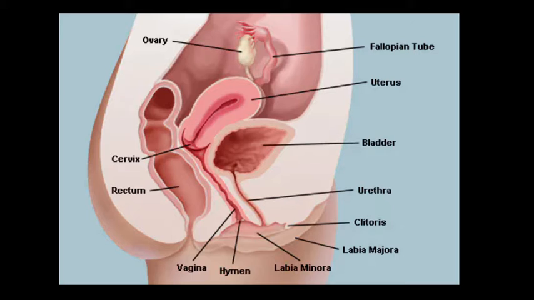Secondary sex organs include two parts, accessory ducts and accessory glands. In accessory ducts we discuss the pair of oviducts, also called fallopian tubes, uterus, cervix, and vagina. In accessory glands we talk about the mammary glands, and the third part, external genitalia, is the vulva. Now we will elaborate all these, starting from the primary sex organ. The primary sex organ is the ovary, so first we discuss the ovary.